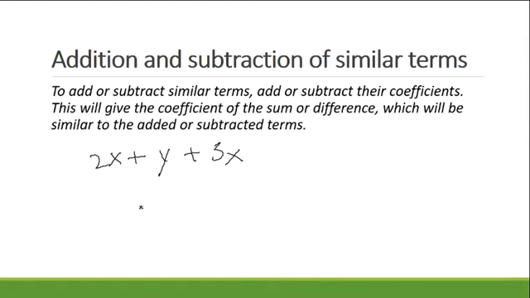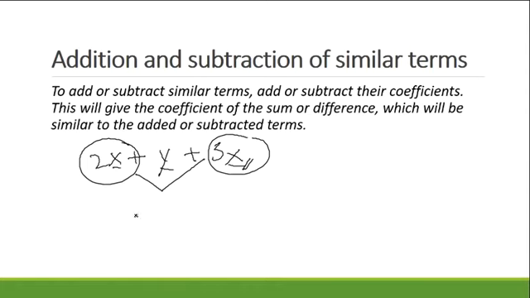Ang mga variables natin dito x, y, x. So, ang parehas dito na term, like terms, are 2x and 3x. So, ito ang pwede nating i-add or i-subtract. Depende dun sa sign na meron yung ating